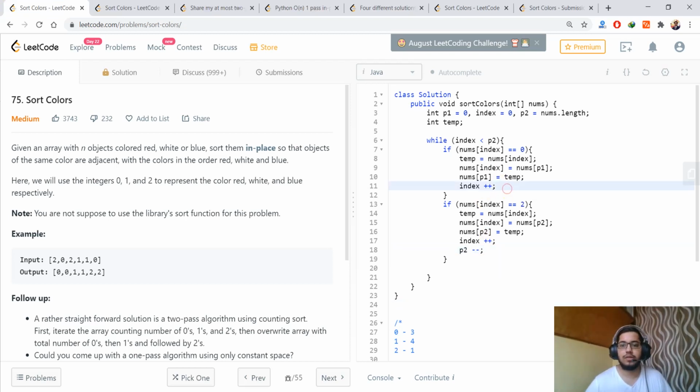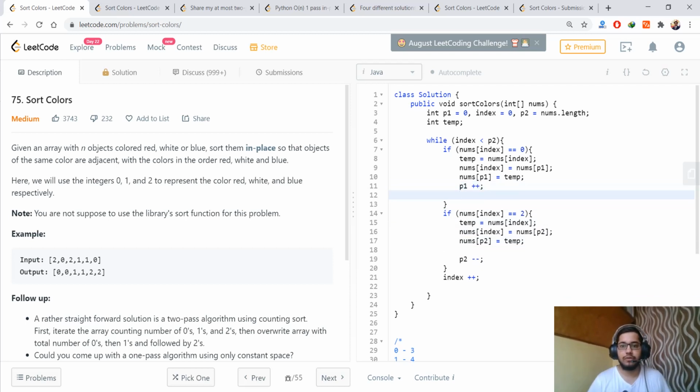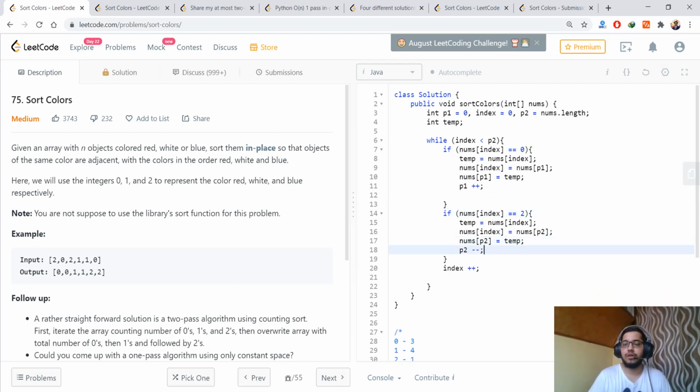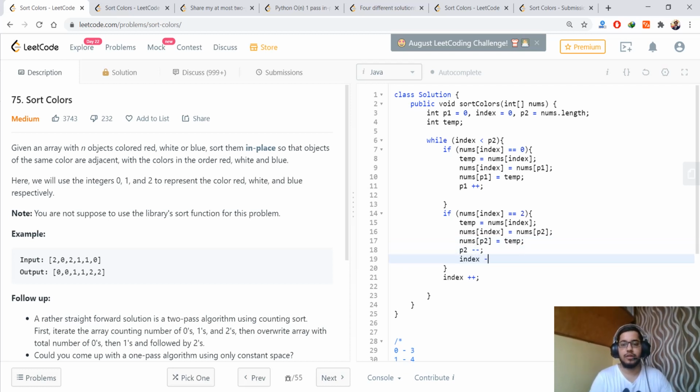So here we can take out index because it is the same for both cases, and in this we will also increase p1 because now we have filled one value with 0, and here we are decreasing p2 because we have filled one value with 2, and in this we'll also do index minus minus so that we can check the values again. And this was the total solution for this.